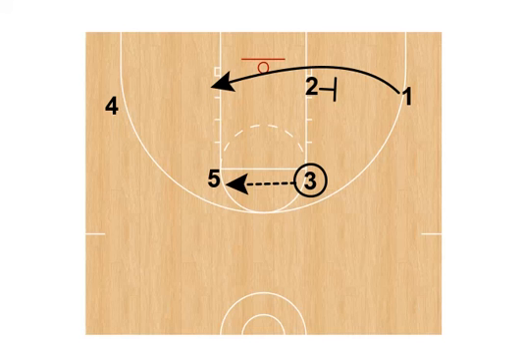If you don't get that first cut, three is going to reverse the ball to five. Two, back screen, one rubs off, down screen, pop up, pop out. Just like you would. So again, this is just another way to get the flex offense started. You're taking advantage of what the defense is doing. I mean, it's not that the defense is playing bad defense, but they're starting to defend you a little bit differently. And this is where you, as a coach, again, I told you, on your normal entry, your post entry,